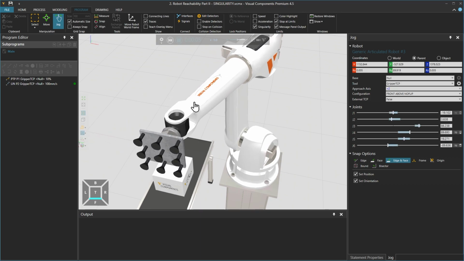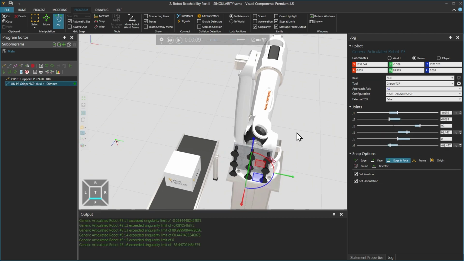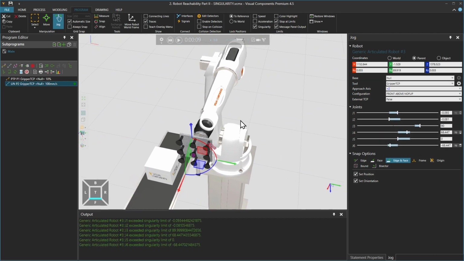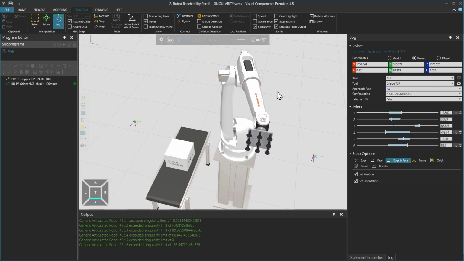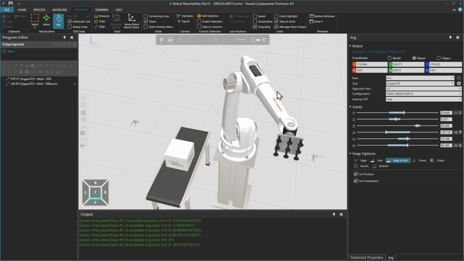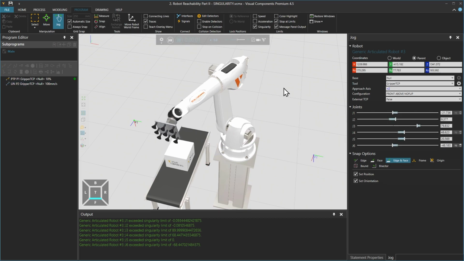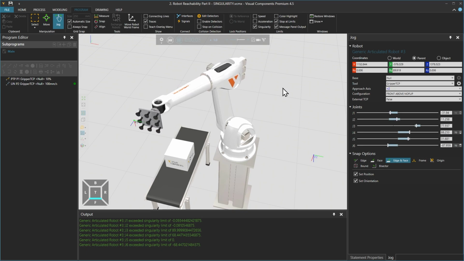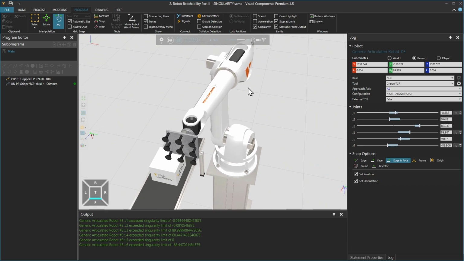Singularity occurs when in certain robot configurations there are an infinite number of joint value combinations to place the TCP in the same position, and the robot cannot figure out which solution to choose, and the robot joints may accelerate to a point which is beyond the mechanism's capabilities. Robot programmers will often design their robot cells to avoid singularity, and some robots support automatic singularity avoidance.